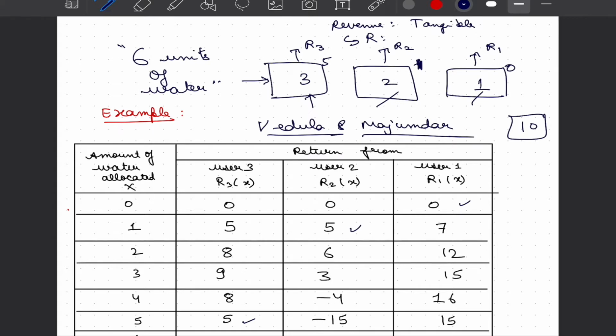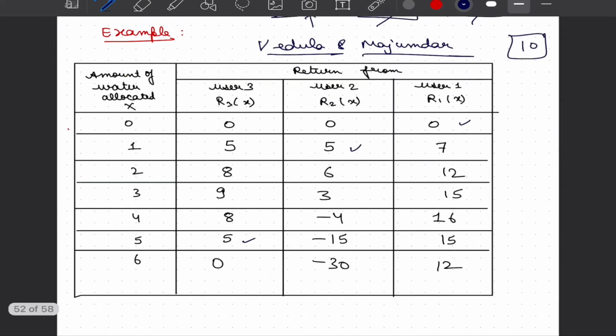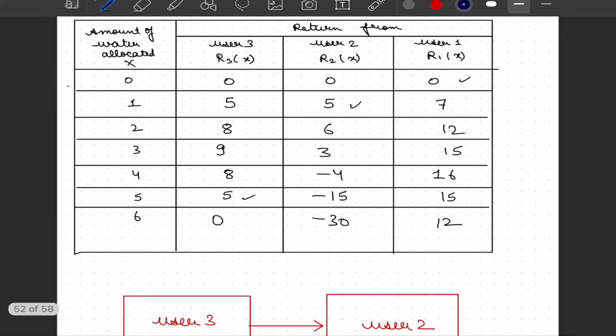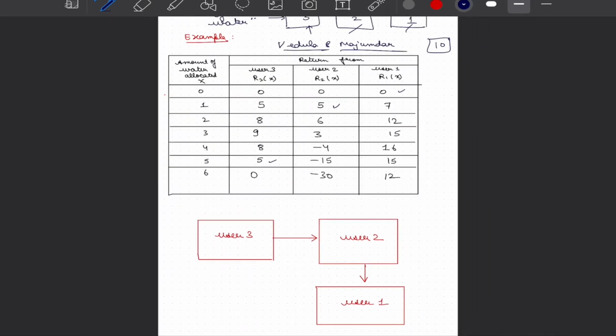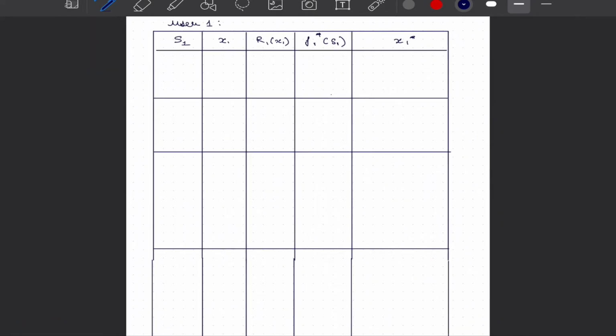Here, return can be thought of as revenue, which is a tangible or measurable benefit. It can also be measured as the social responsibility that an organization or policymakers may have, or in terms of satisfaction metrics based on how people of that region feel qualitatively about the quality and quantity of water they are receiving. So these scores are basically performance metrics against which we are benchmarking our optimization.